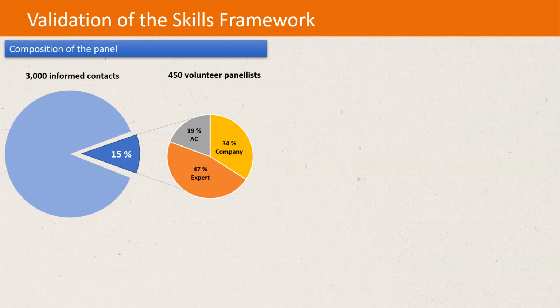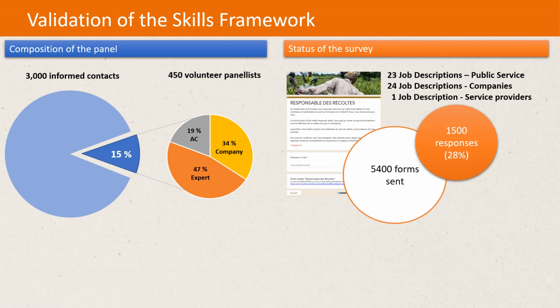Finally, in our survey, to give us a few figures, we sent out nearly 5,400 forms and had 1,500 responses, which gives us a response rate of 28%, which is a very good response rate for this type of survey. We asked people about the name of the job, the responsibilities, and the activities. We got a lot of very positive feedback on the process, on the importance of this certification project, and of course on COLEAD, whose support is always much appreciated.